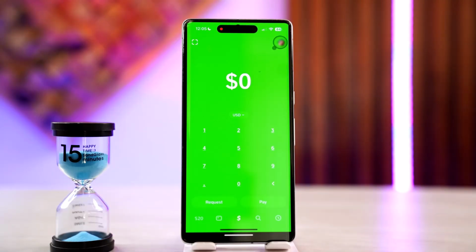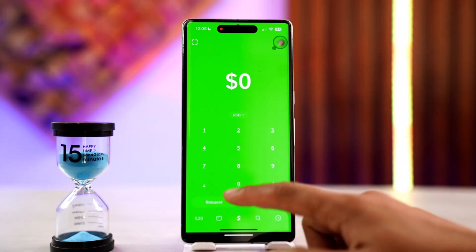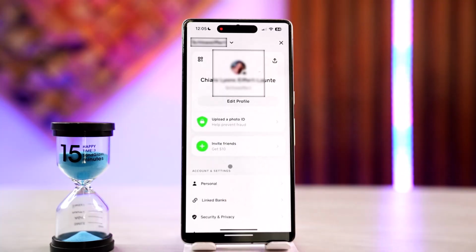First of all, you want to open the Cash app on your mobile device. After which, on the home screen, tap the card icon at the bottom to go to your card settings. As you could see the card icon here. When you go to the card section, you just need to scroll down, tap on Cash Card Support, then